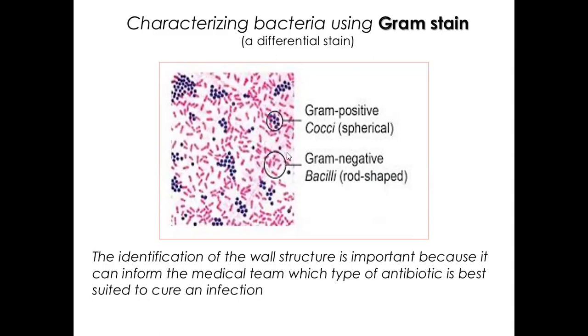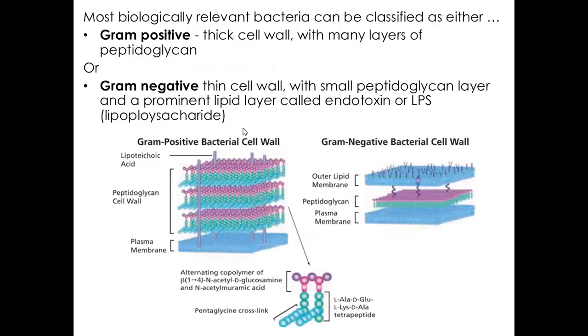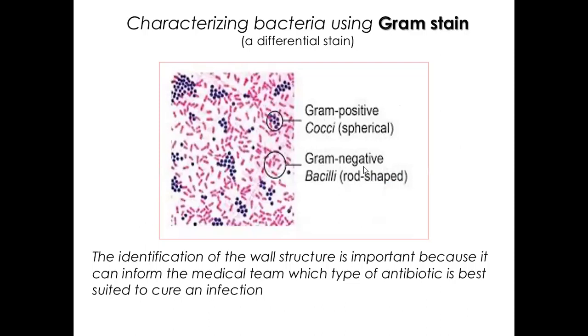So you can stain for both of these things on one slide and end up seeing both different types of bacteria. And it can help you identify what kind of bacteria they are, gram-negative or gram-positive. And like I said, these gram-negative ones are kind of the nastier of the bunch and usually are the ones that cause a lot of illnesses. And, you know, knowing what kind of bacteria you have can help your doctors figure out how to best treat a bacterial infection, depending on what kind of bacteria is there.